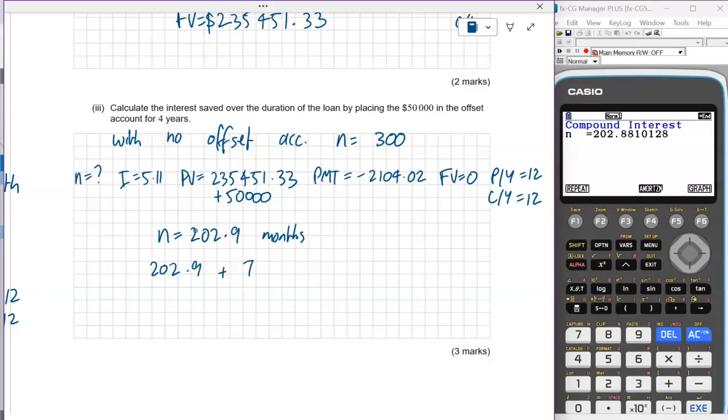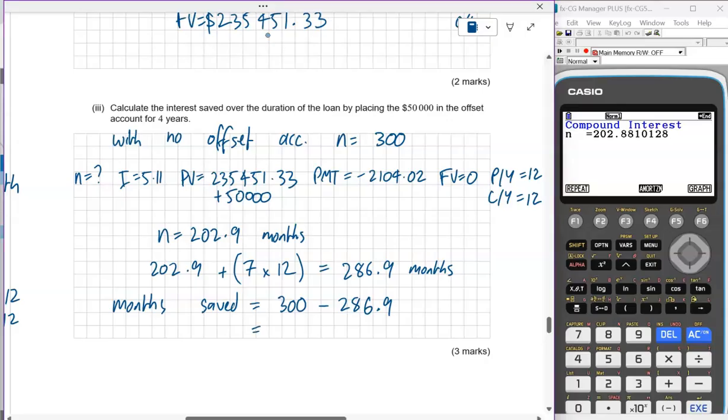So we're going to add 7 times 12, to give us how many months in total Grace will pay off the loan with this offset account situation, which works out to be 286.9 months, which means in total, how many months has she saved? So months saved, originally without the offset, it was 300. We're going to take 286.9, which gives us